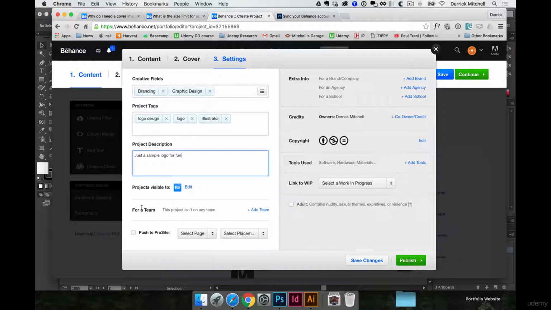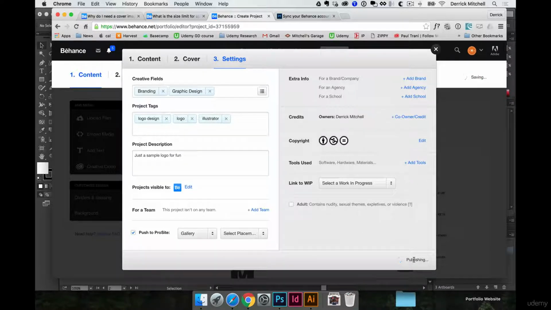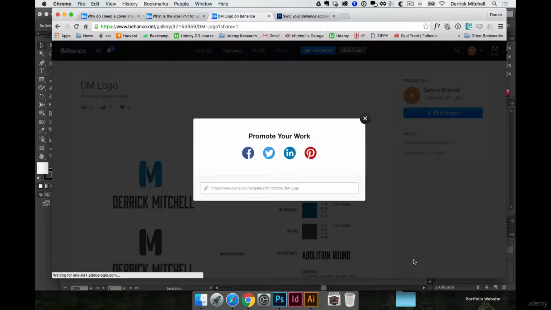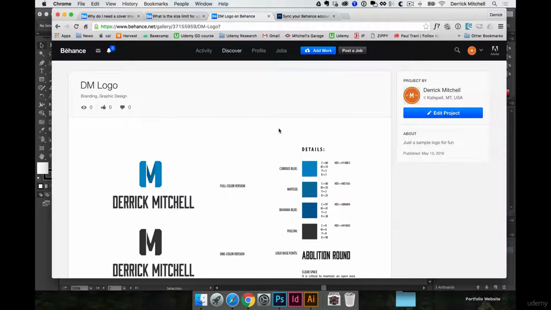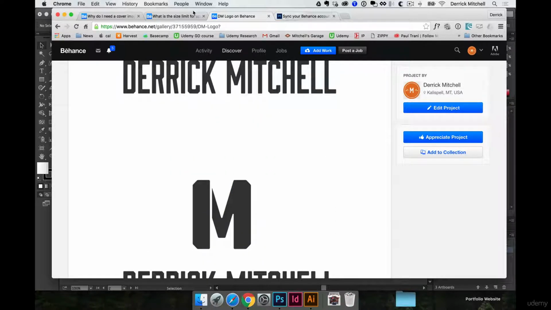And we can, this is where it's awesome, we can click push to pro site and select a page. In this case, I'll send it straight to my gallery. And we can also control the placement, whether it's first or last in line. And then I'll go ahead and hit publish. Once it's done loading, we can promote our work again with the custom link or directly using one of the social icons here. And here we see my project gets loaded in,